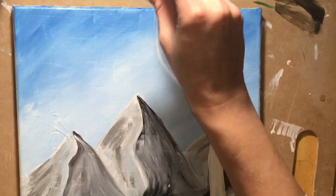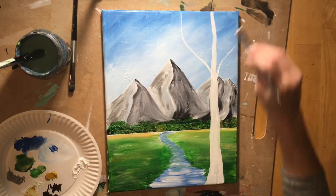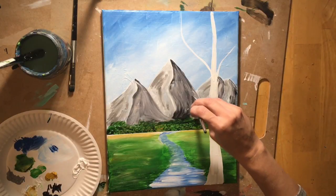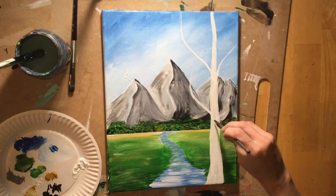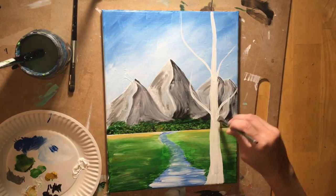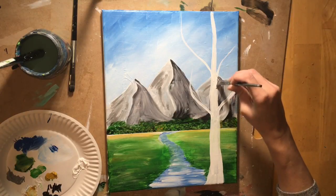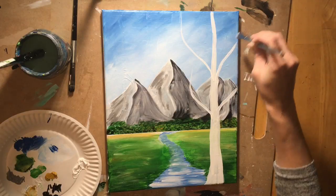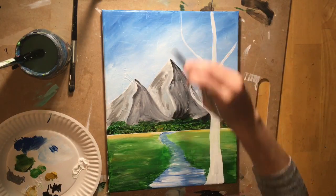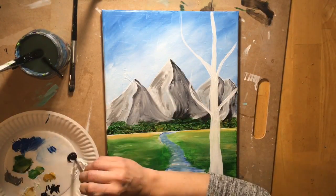So this is the 12 flat, and I'm going to use the same white, and I'm going to do some branches. Okay, and I'm using the side of the brush, the tip of it, to get these thinner branches, and then I'm just curving it and dragging the stroke, starting out kind of firm with how you're pressing the brush, and then when you get to the thinner part to get the tip, you let go of it, hold the brush lighter to get a thinner stroke. So thick to thin with all these branches. Okay,